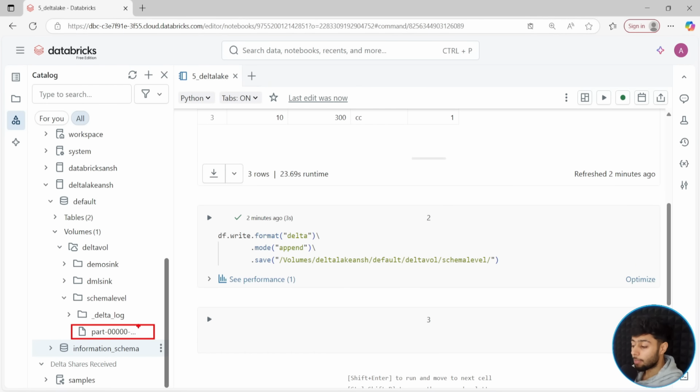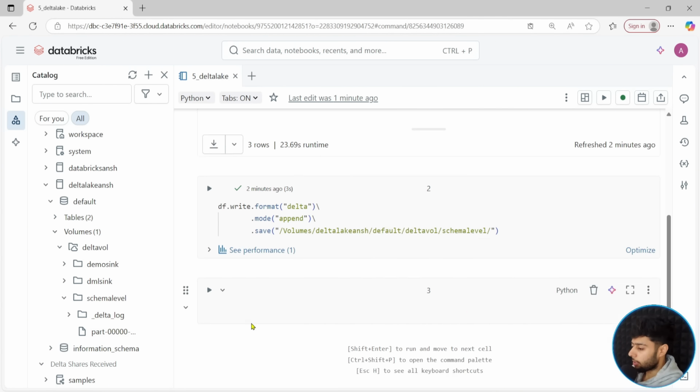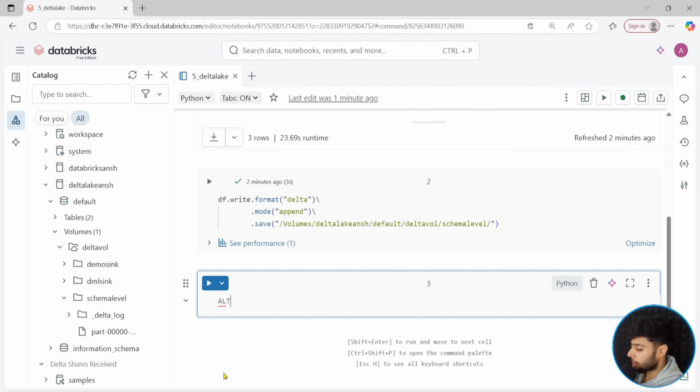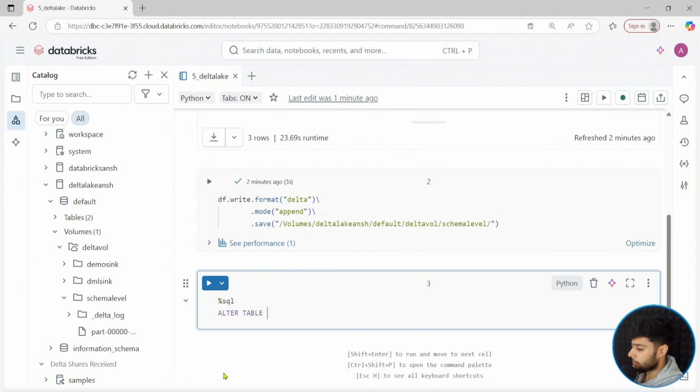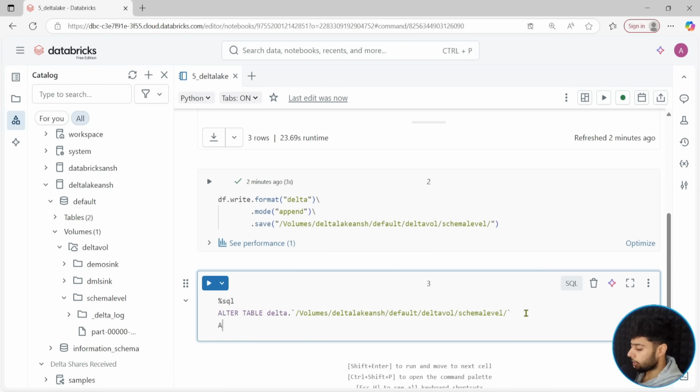That means the schema of the Parquet file will still have the column name equal to name instead of customer name, but it will be changed here in the Delta log. That is the power of schema level changes, or you can say Delta log level schema changes. Make sense? So let's say I want to alter this table name. I will simply write alter table, and I do not have a table, so I will simply say delta dot that particular location, which is the schema level. I want to say alter column,